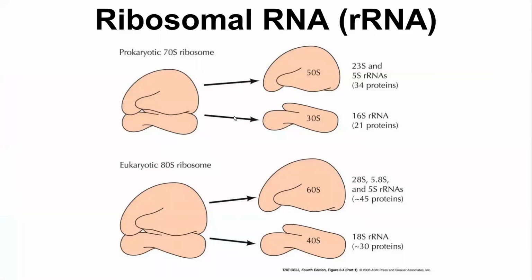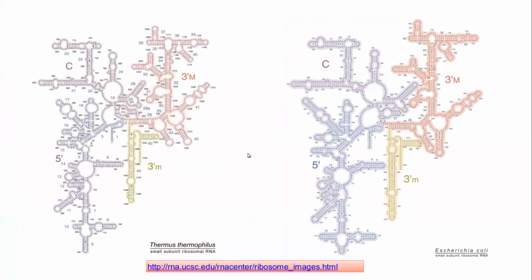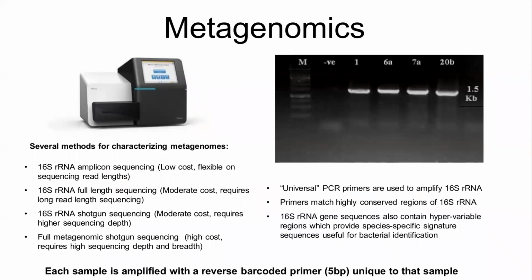Okay, so these are the rRNAs, the ribosomal RNAs. As you can see, these belong to Thermus thermophilus, the small subunit RNA, and Escherichia coli. Now these are different. That's why we know from which organism it has come. You can go to this link. There are interesting ribosome images, tRNA and rRNA images out there. You can use them for your publication, or for your understanding as well. So going forward, the procedure that we use